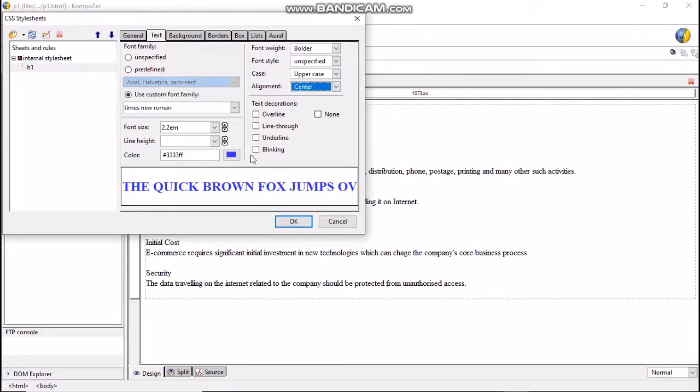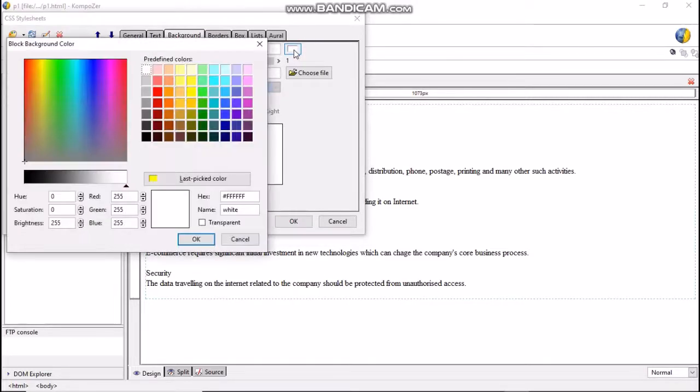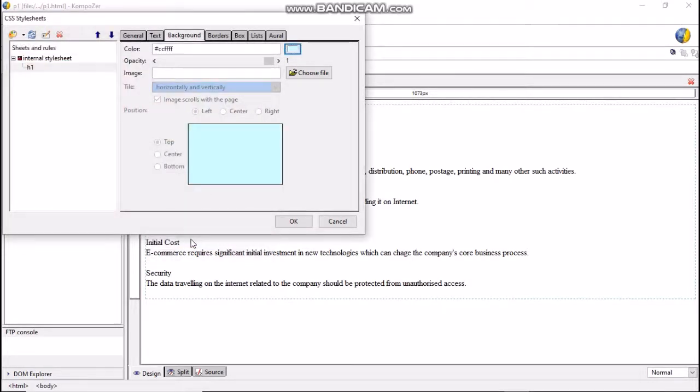To set the background color, select the Background tab. From the color option, click the color palette button. Select the color of your choice. Here I will select light blue background. Click OK button. Whatever color you choose for the background of H1 will be displayed in this preview box.